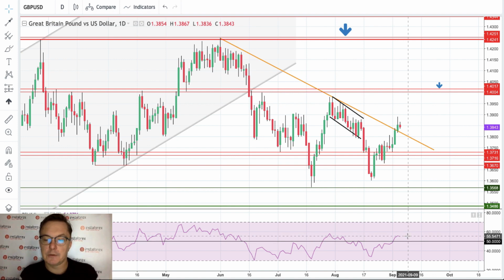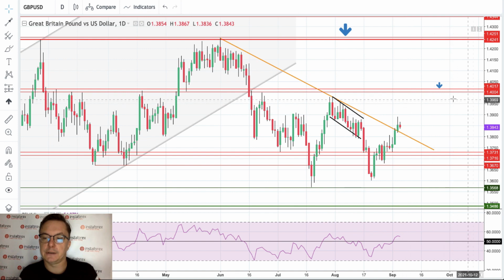So right now the momentum is at the level of 55. It's kind of strong. It's positive. It's definitely positive. And if we continue to move higher, of course, the level of 1.4 is in reach. However, we cannot break back under the trend line, because most of the traders, most of